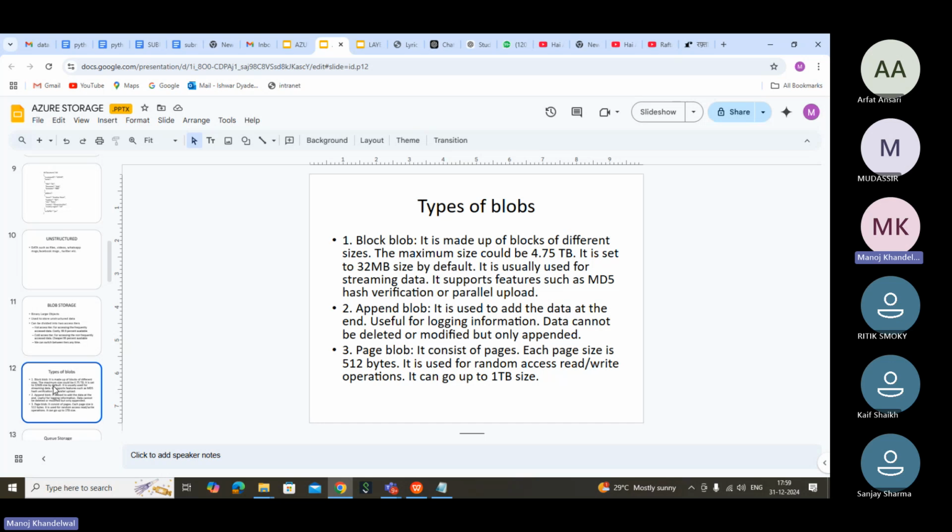MD5 hash verification means making sure that what you're storing is not getting corrupted. It is a security level, because sometimes the system may have problems, so it doesn't store it correctly. The data may get tampered with or crash. So that will not happen. What is MD5, sir? MD5 is an algorithm for doing these jobs. These are all well-developed algorithms, already there. So MD5 is one such algorithm which is used for that.